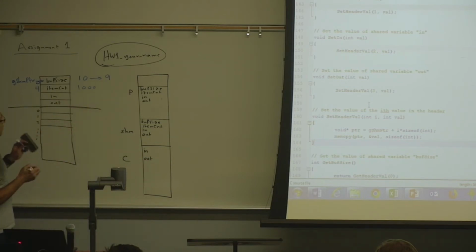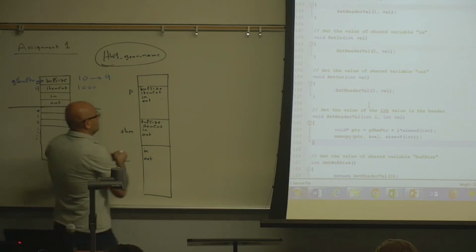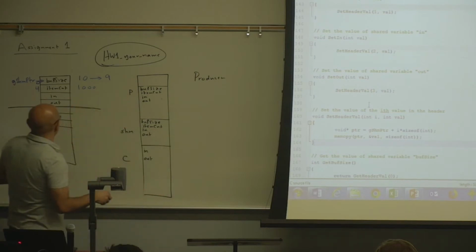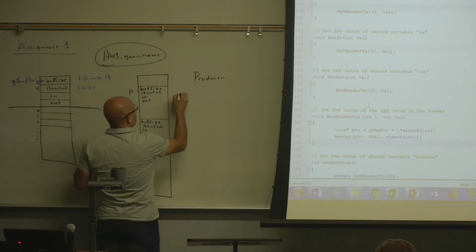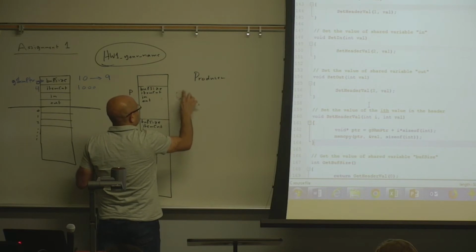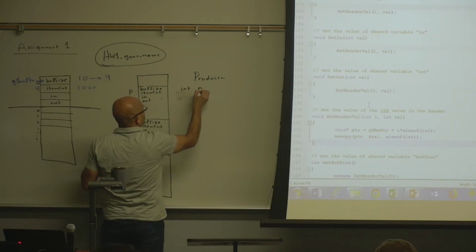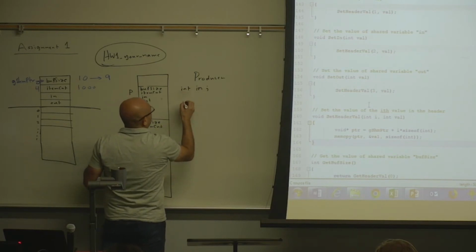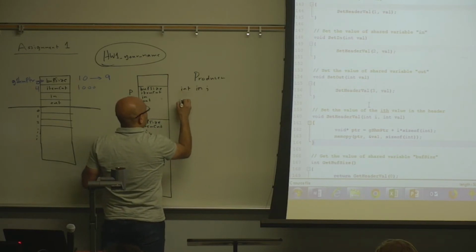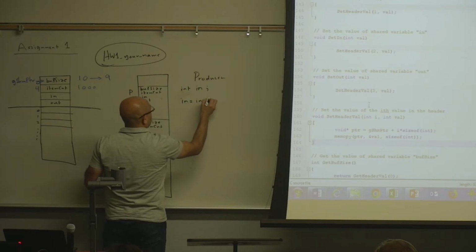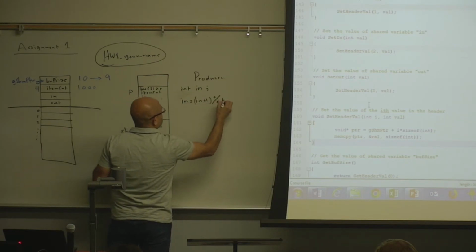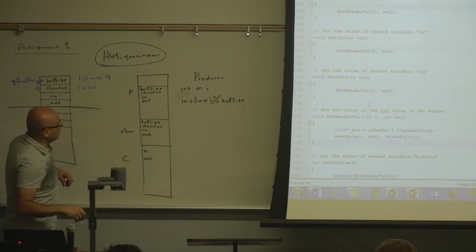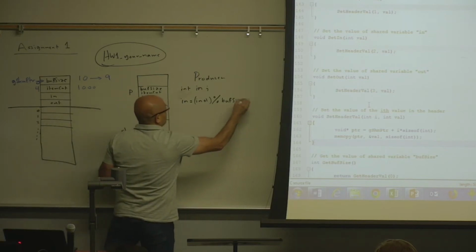Now, if on the producer side, the producer has integer in, and then it does in equals in plus 1 mod buffer size, which is what we did last time.